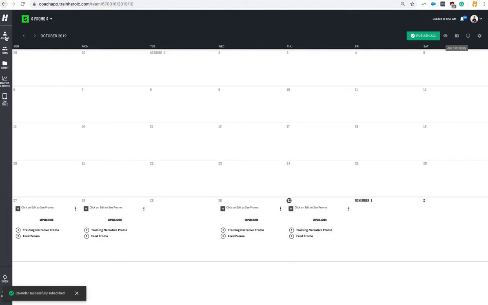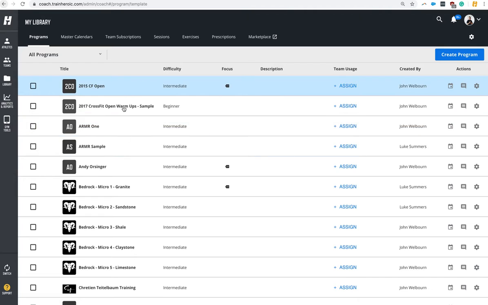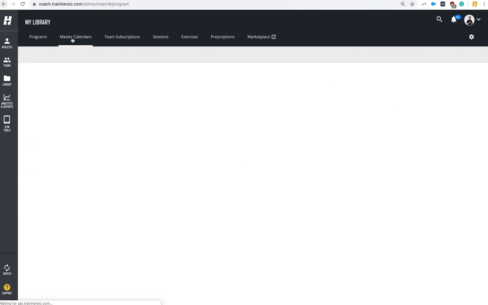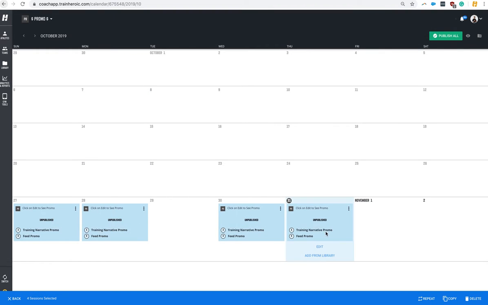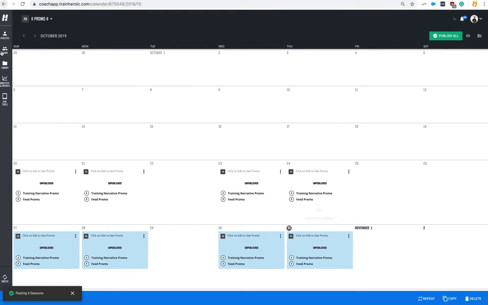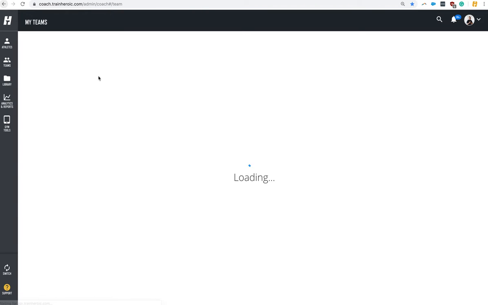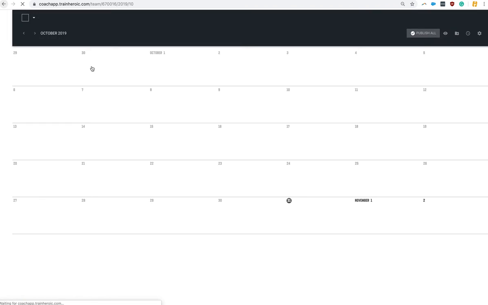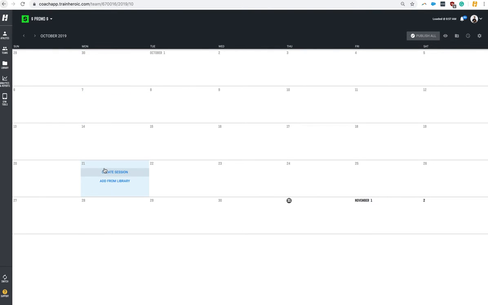Okay, so then this way, anytime I'm under library and I'm making changes, I'd want to publish that stuff with master calendar. Boom, make a change. If I go into teams, every team that has it, every athlete that has it, I go here. They're not seeing anything, right? Because it's not published. Now, as soon as I come into the library